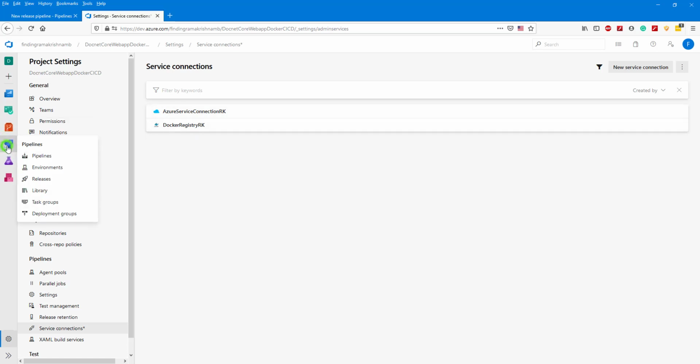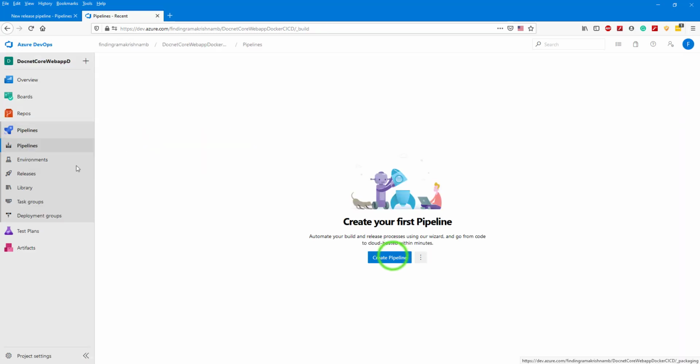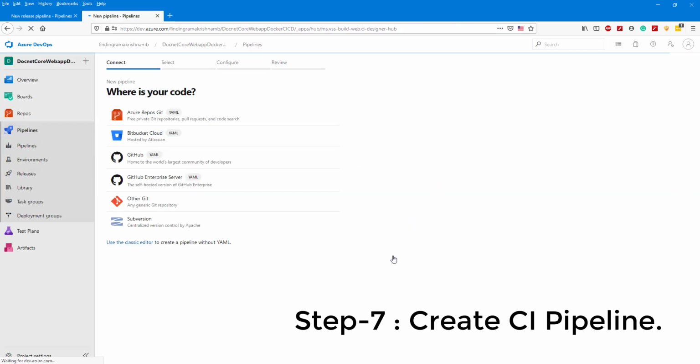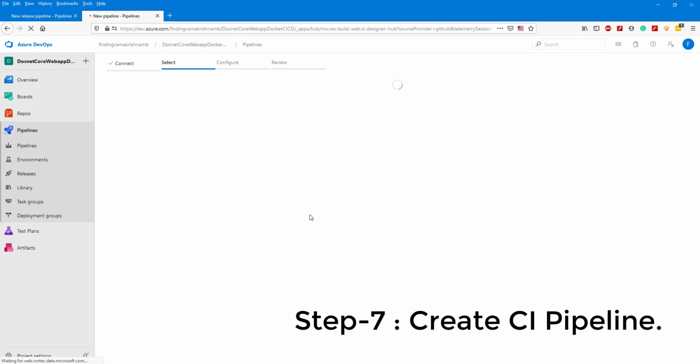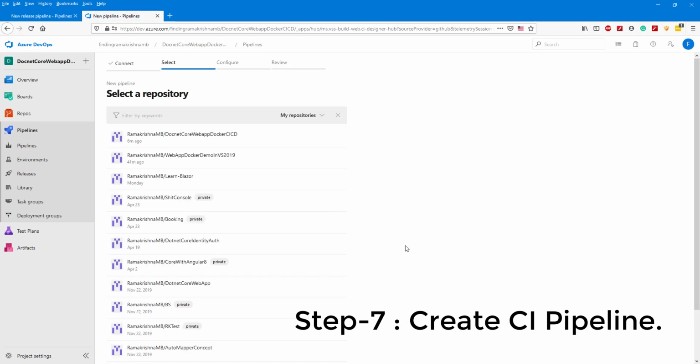Now go to the pipeline, create a new pipeline, click on GitHub. If you remember, we just created a repository in GitHub, just created this image in the Docker in the GitHub.